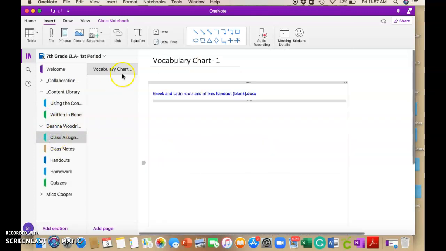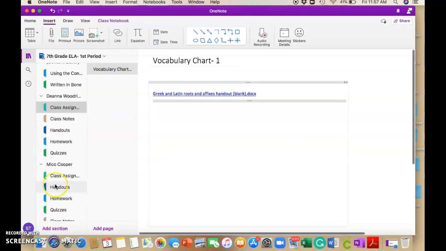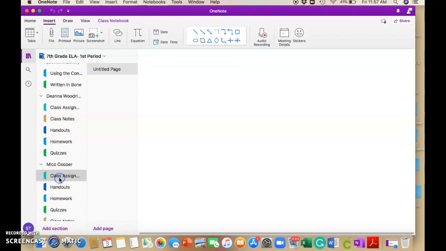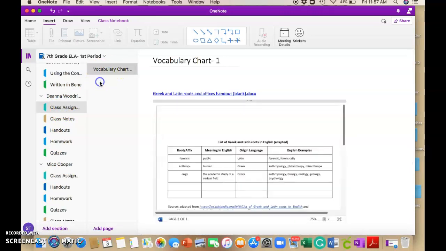We went to their class assignments and added in a vocabulary chart. So now that student will have their first assignment, but if you see here, the second student, if you go to their class assignments, they do not yet have any. So you would have to click on the vocabulary chart activity,